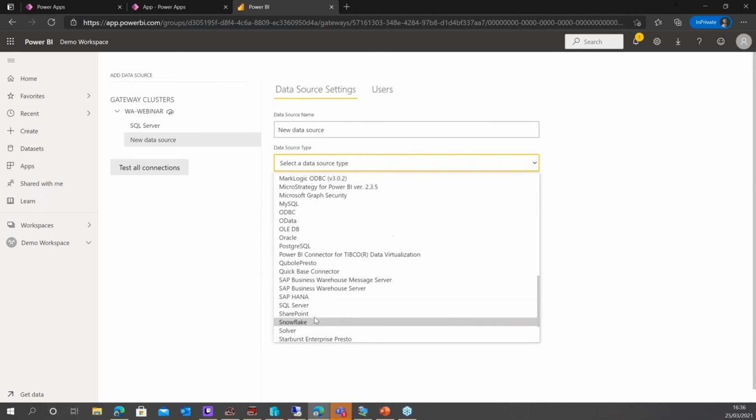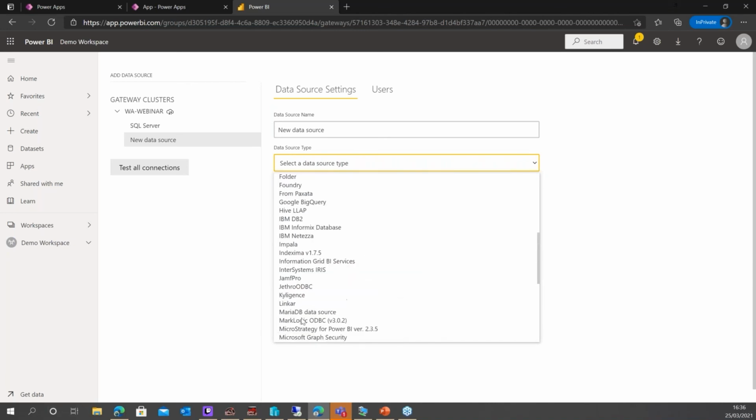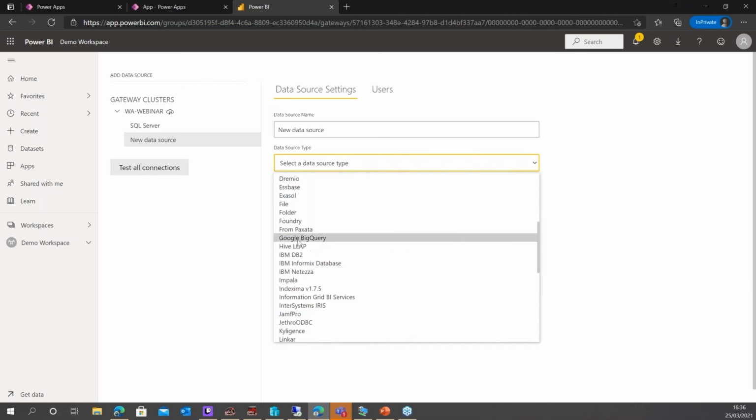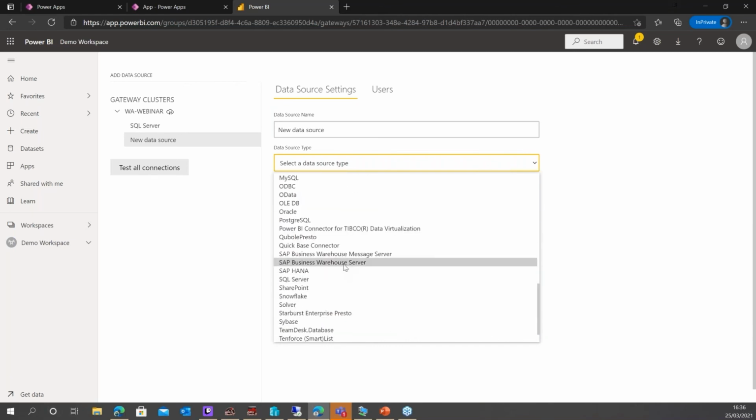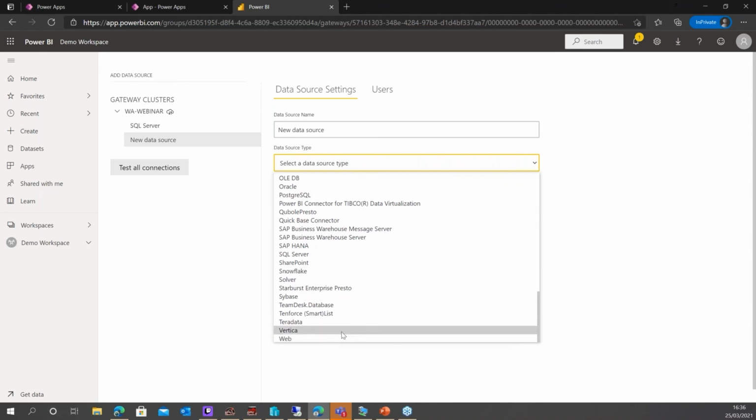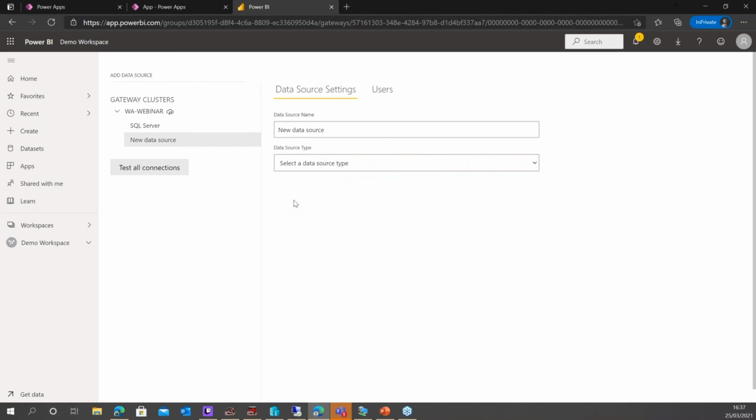So as I say, we're not just limited, crucially, to our Microsoft first-party vendor solutions on here. We've got everything from Google BigQuery through to IBM, Oracle, SAP. Lots of capability on here to connect to a variety of data sources, web, text, regardless. So we can very easily use this tool with the types of systems that we typically may have in our large-scale enterprise organization. So if I go back to my report now,